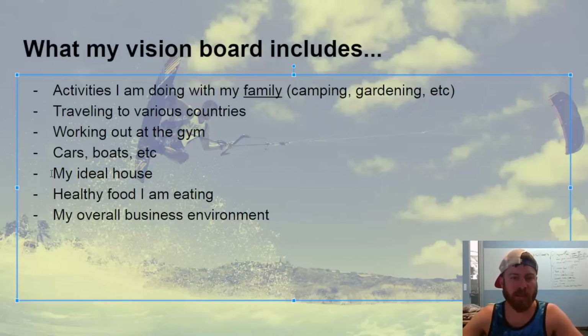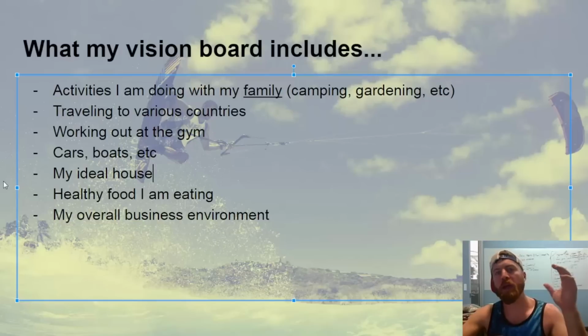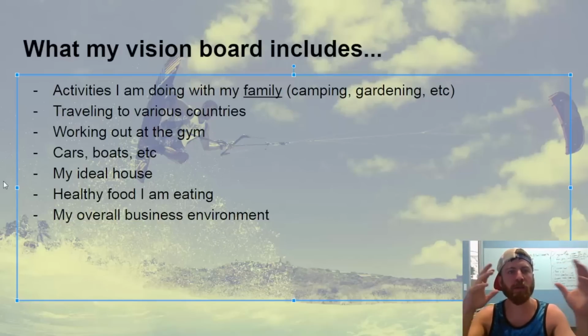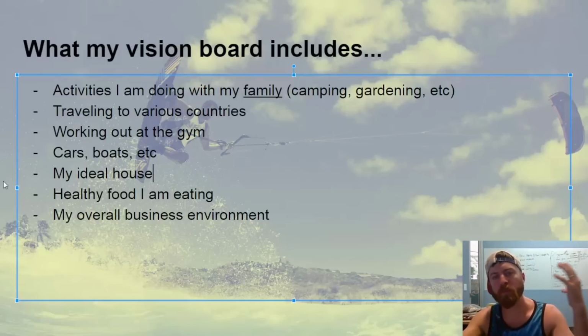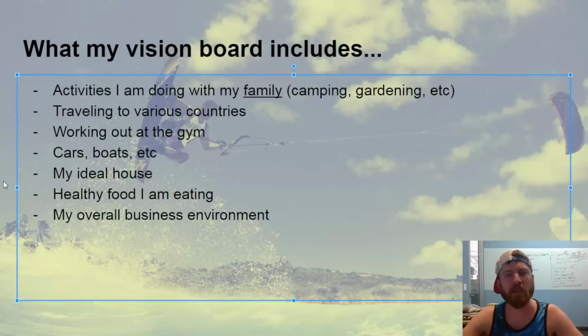Also, I put images of my ideal house on my board, just something that would motivate me. What I'm looking for is a multi-story house on the beach, with great big glass windows, and I would like to be able to hear the ocean at night, coming in. I don't want them soundproofed, but I want to be able to hear the waves constantly, during the day or the night. And I want it to be on a secluded beach, with land around it so that I'm not just barged in like they are in Malibu, where each house is next to the other.